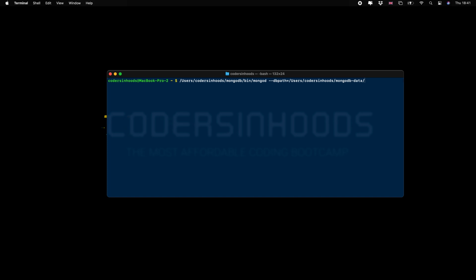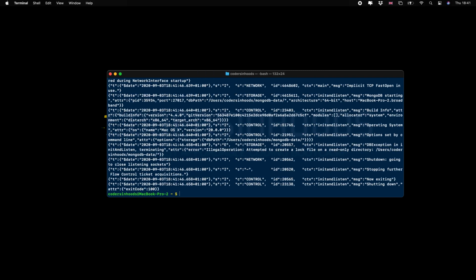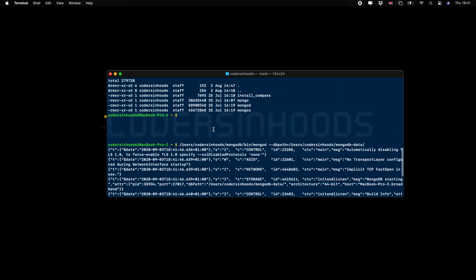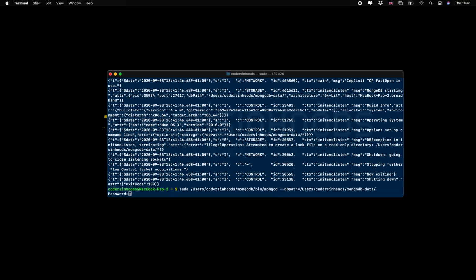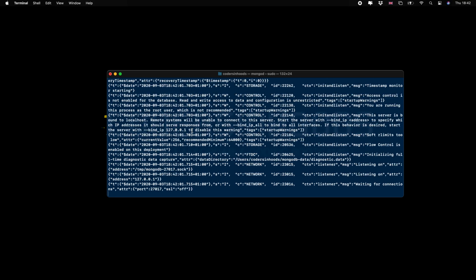So if I run this command, I got an error because I need to have access to it. So I need to run sudo. Yeah, so now it's running. So I have locally